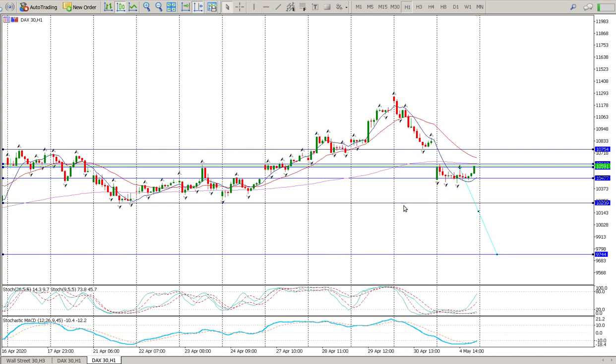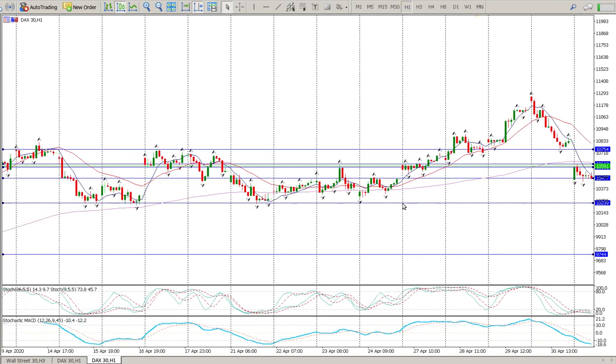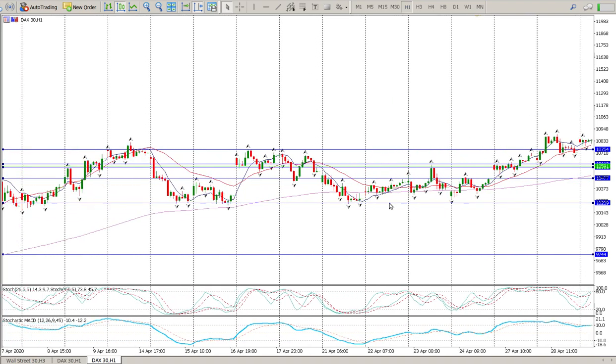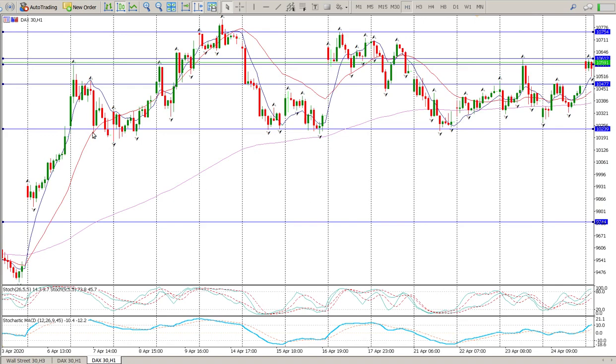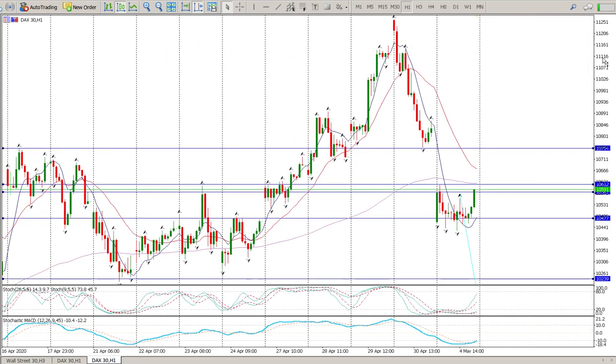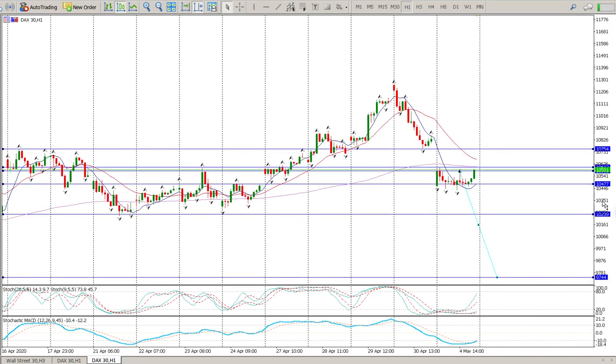Okay, but this area here, 10.239, is the area that I would actually target to start with, because that's bottom of range. It's going to take quite a bit of effort to get through that area if you look at what's been going on over the last couple of weeks. Okay, that's the one scenario. So, in other words, this